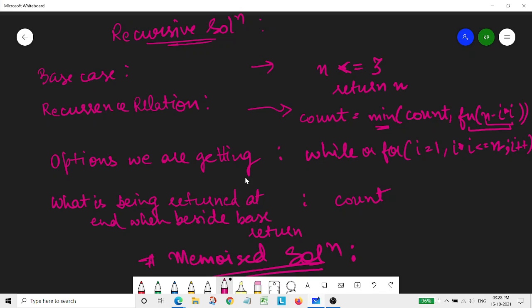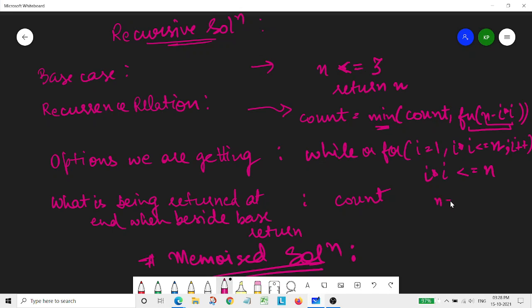Now what options are we getting? Basically, for getting those breakpoints, how are we checking for the options? Here we are getting options as per the number which is given to us, right? And these options are being created by just this condition that i into i should be less than or equal to n. So this many options we will be getting.